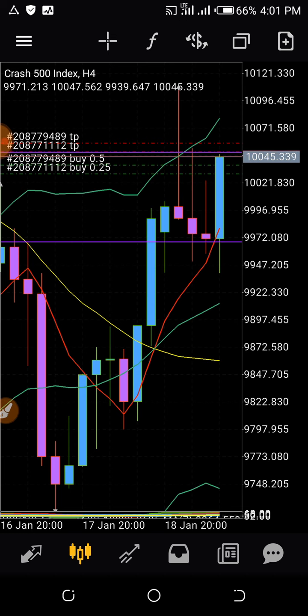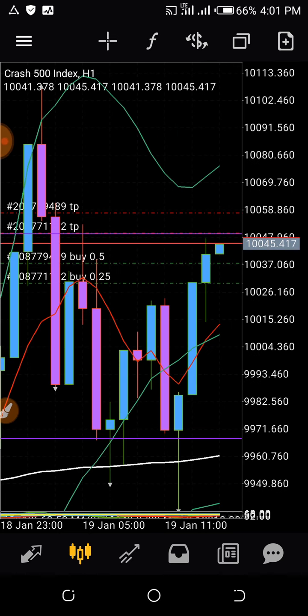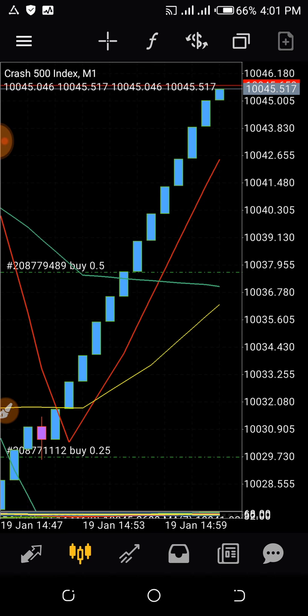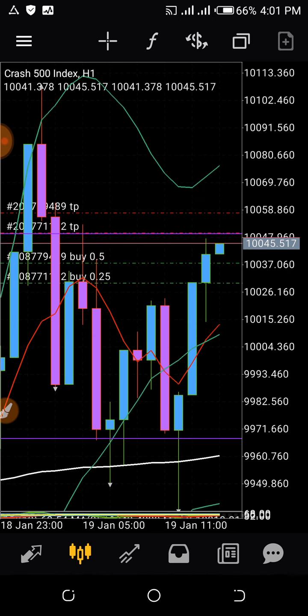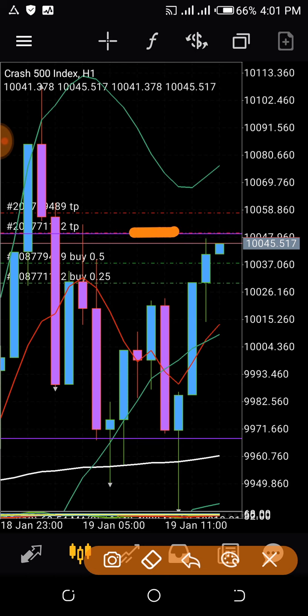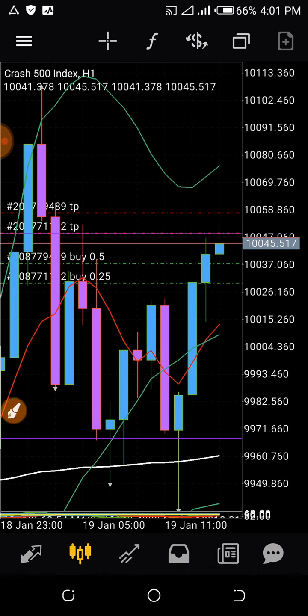Okay, so let's see how things play out. Let me go back to the 1 hour to see. So in less than 5 minutes, we should be out of this first trade. I mean this particular position. Oh, sorry, I mean in about 4 minutes, I should be out of this position, and most likely in about maybe another 10 minutes, I should be out of this. So let's see how things go.